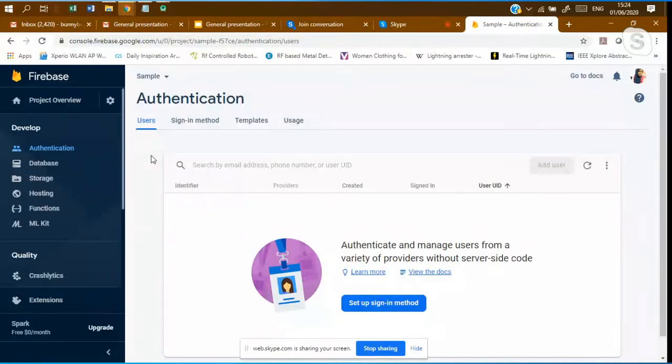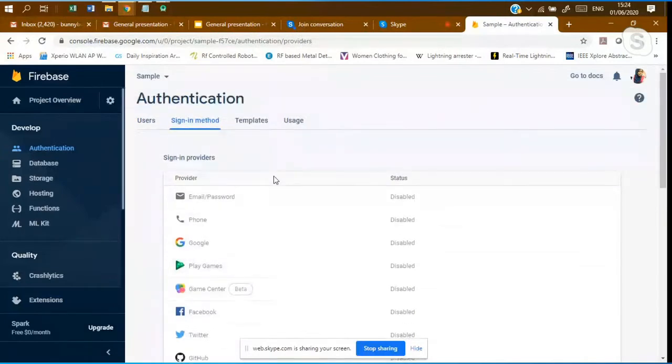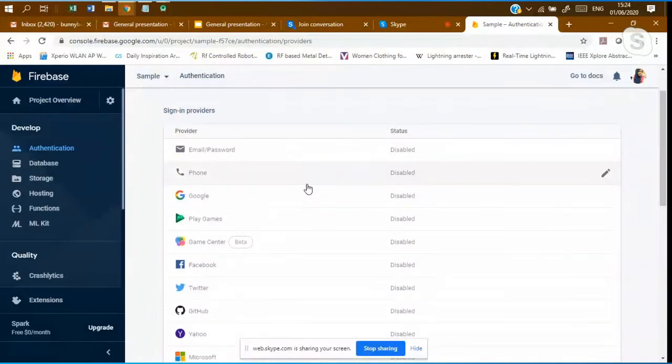That is a sign-in format. The sign-in method: you can give access via email and password, or through the phone, like we get for Truecaller. So see that, this is an advanced update of what Paytm does, where even if you are